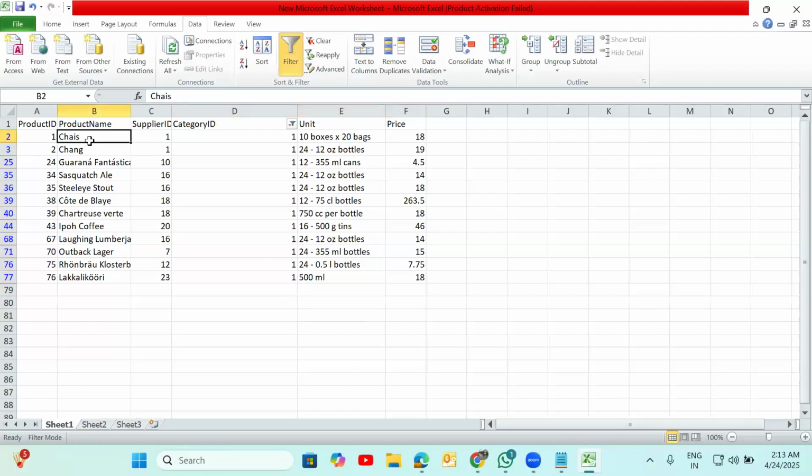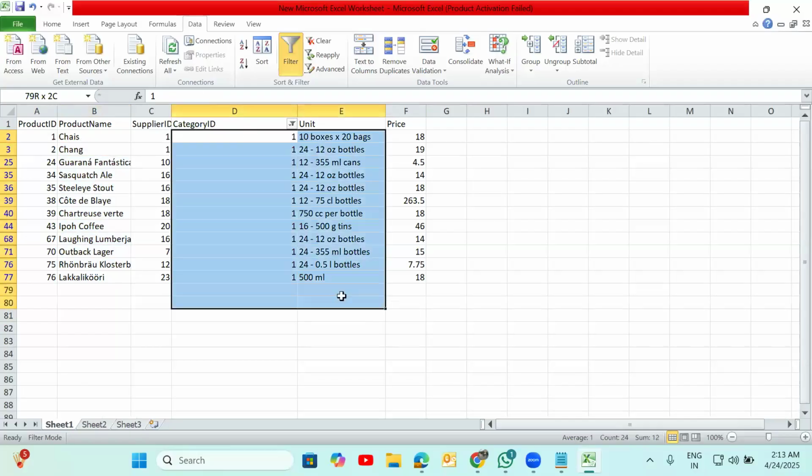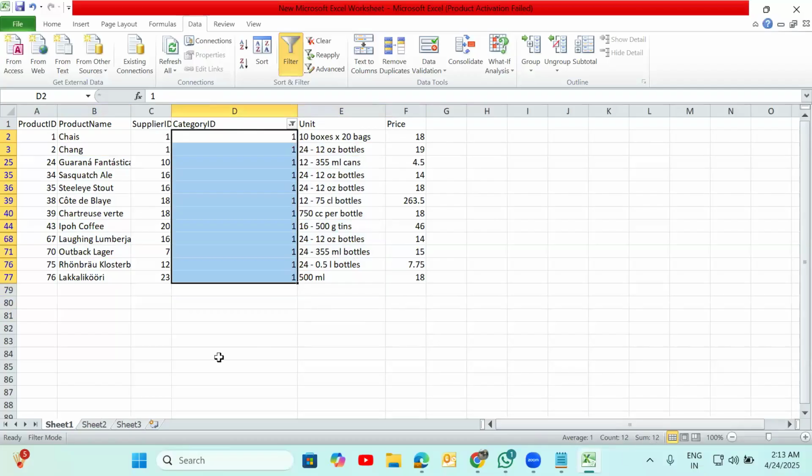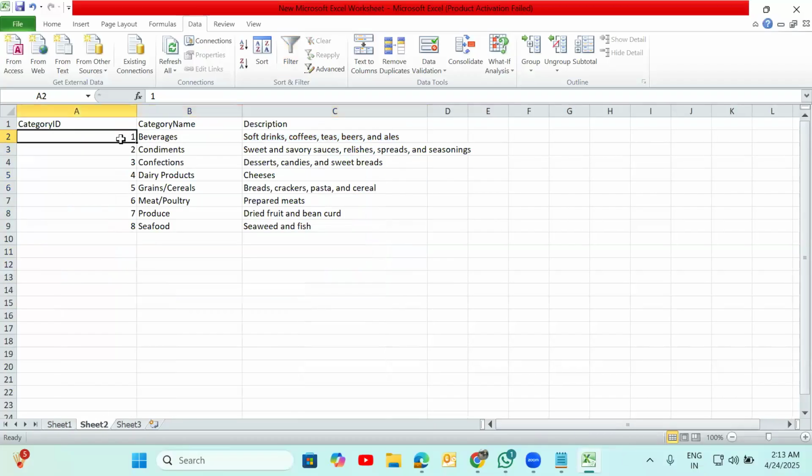Supplier ID, product ID. But based on this customer ID, there are 12 records here and here only one record. For example, equal to 1, automatically it fetches this information, beverages, category name and description.